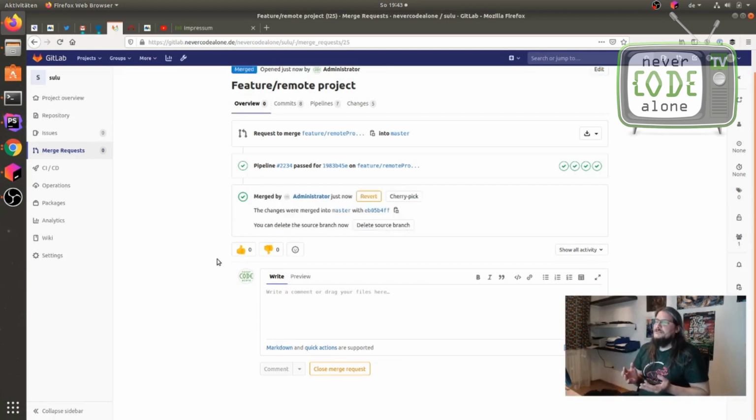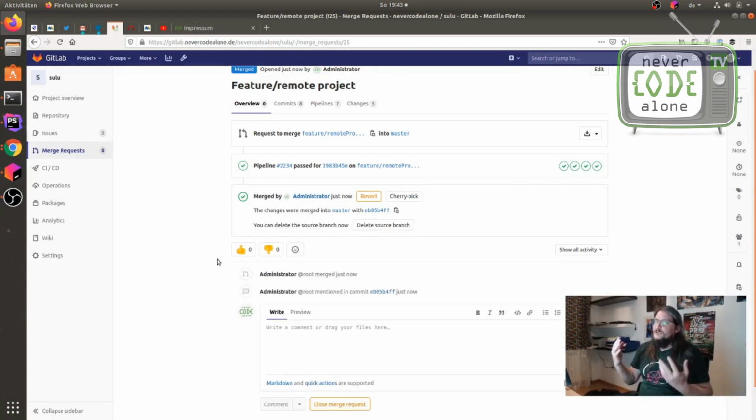This is all what I have to do here. And this is not what a super senior developer has to do, because everybody can do this here.